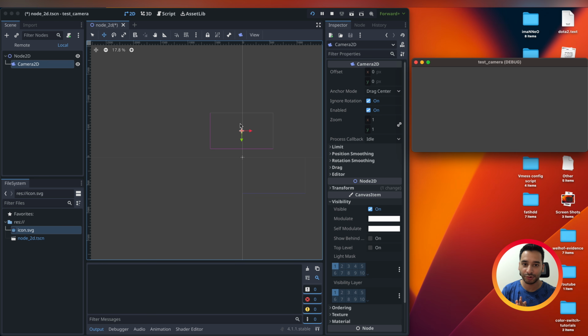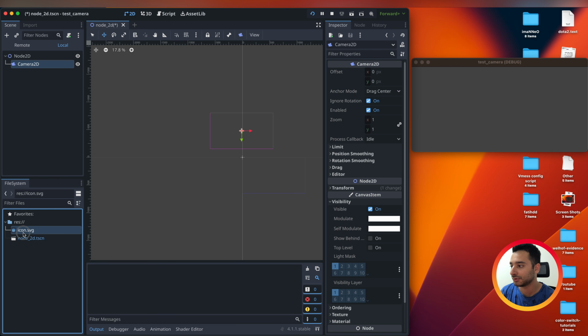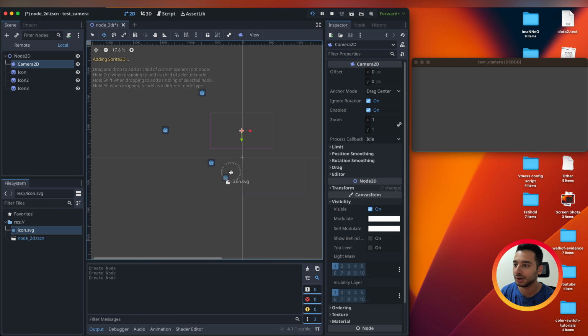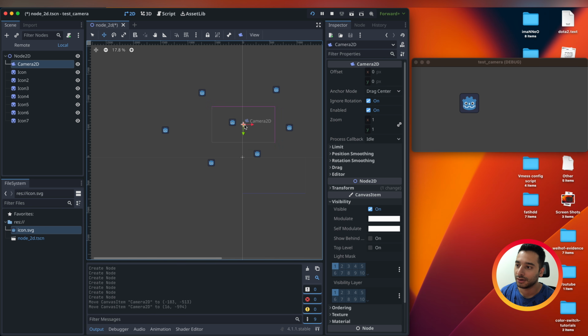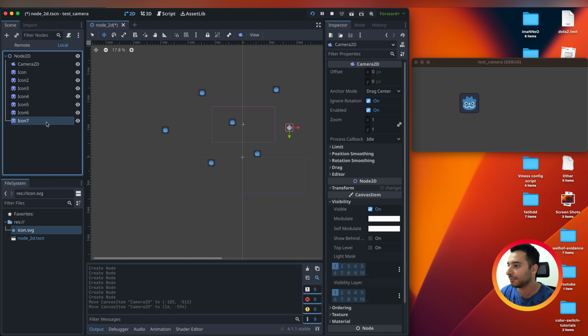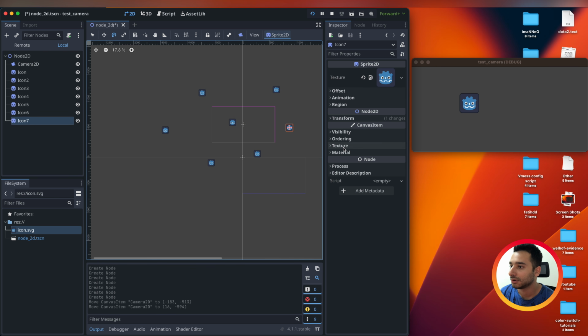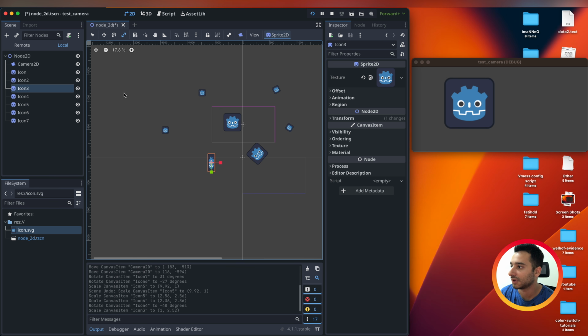Generally, you have a world which is an unlimited space in your game. For example, you can put icons here as a component or position component in our Flame game. And this is your camera. For example, let me rotate the components a little to look different from each other.